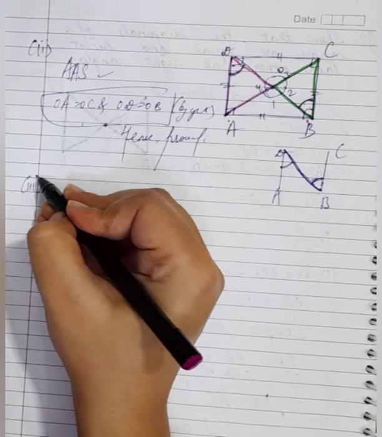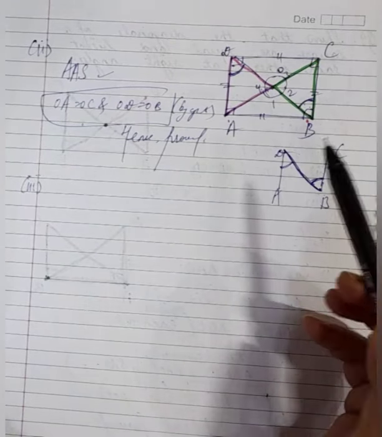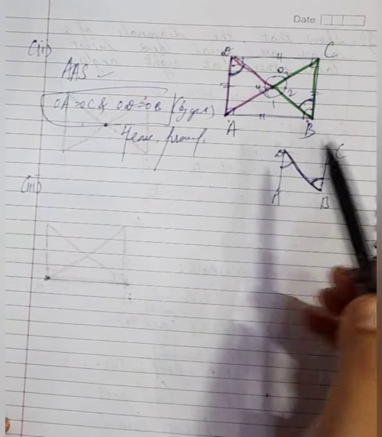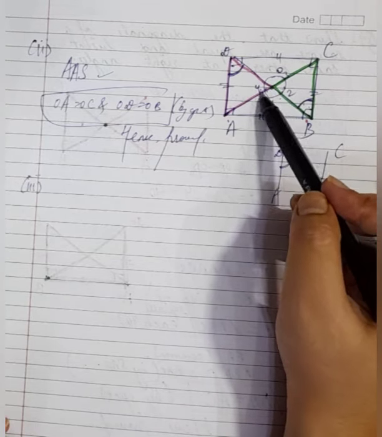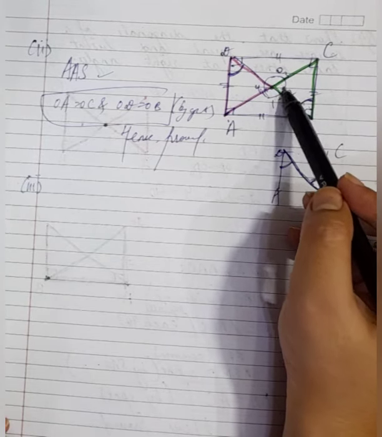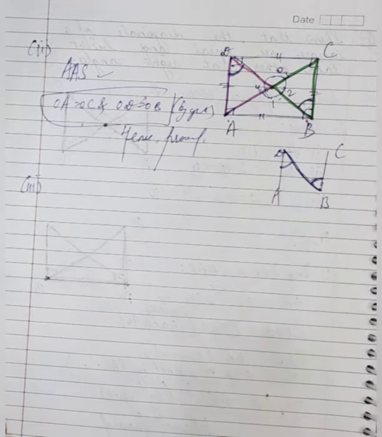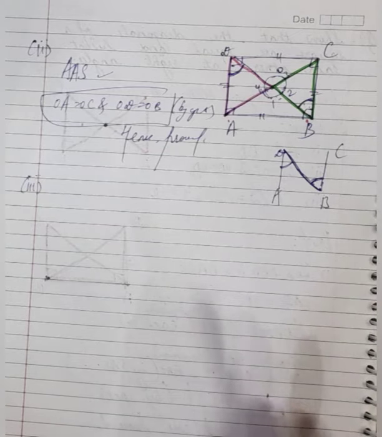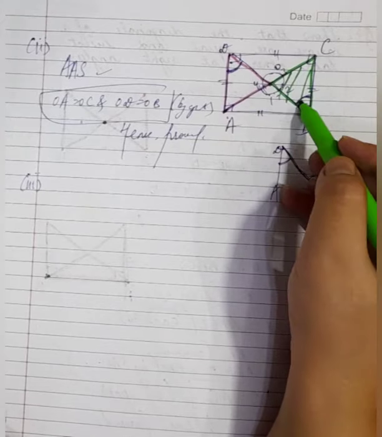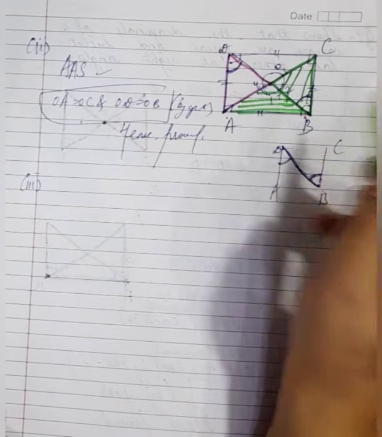Third part is we are supposed to prove 90 degrees is being formed in the center. That means each of these angles is 90 degrees. So how to prove that? This also I've explained in my video. You have to take any two adjacent triangles. Like I'm taking this triangle and this triangle.